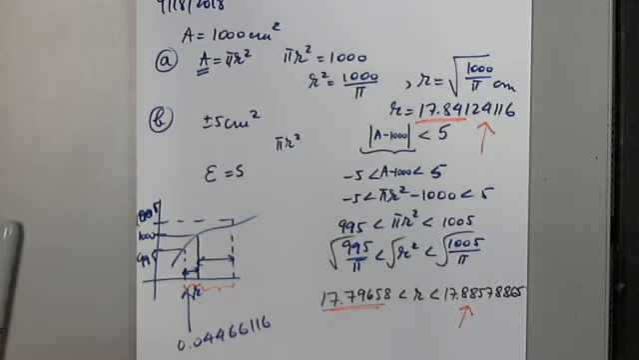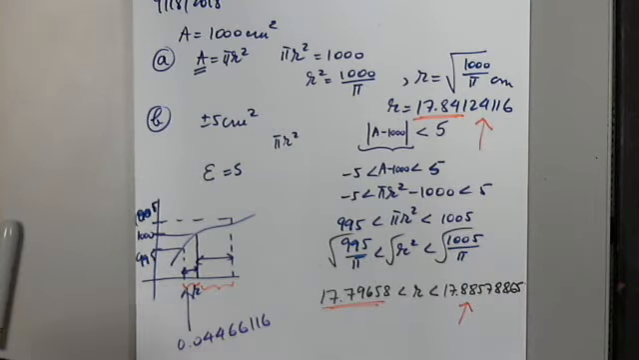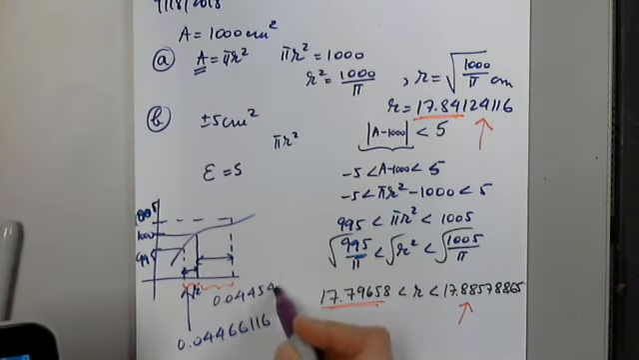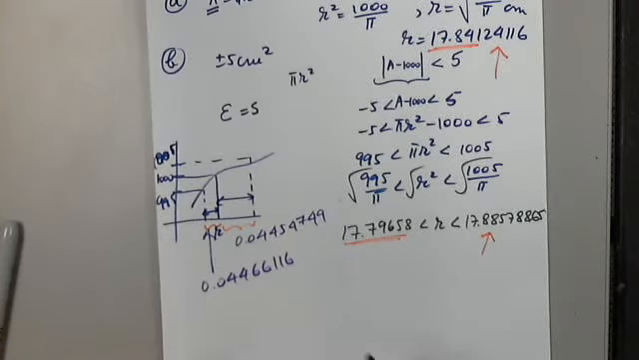He's not going to measure that for sure. And the other one is 17.88578865 minus 17.841244116. And this one is 0.044544749. So we will tell him to choose